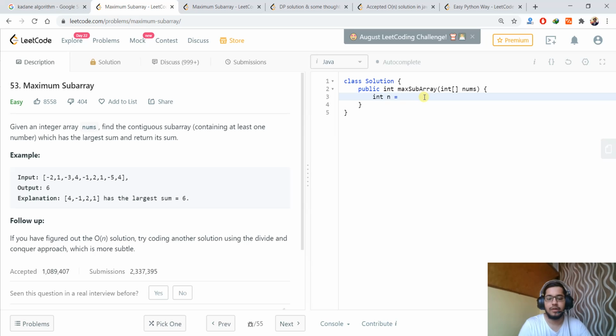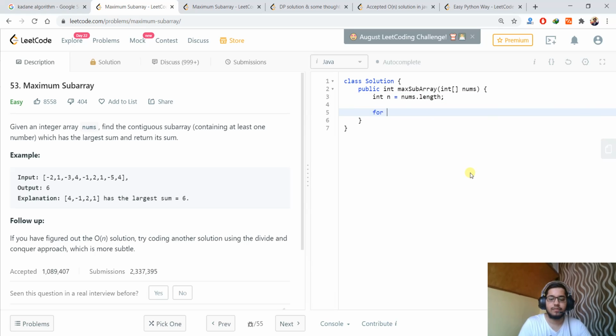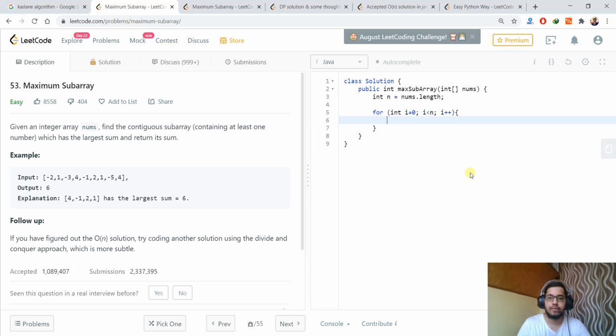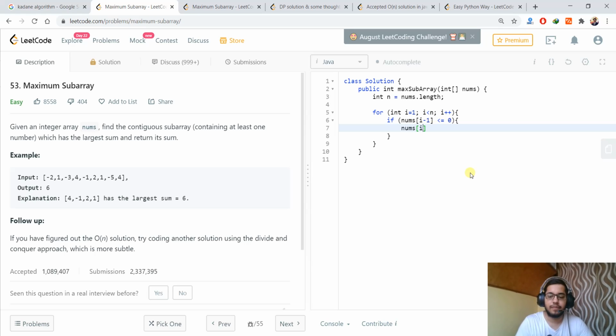So we can declare n as the length of this array, and we will check, starting from 1, if the previous value, at i minus 1, is greater than 0, then we will add it to the current one, and finally we will take the maximum of all this.